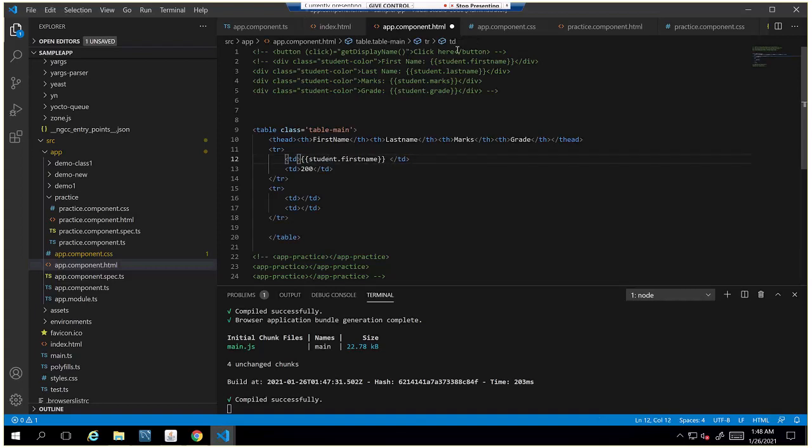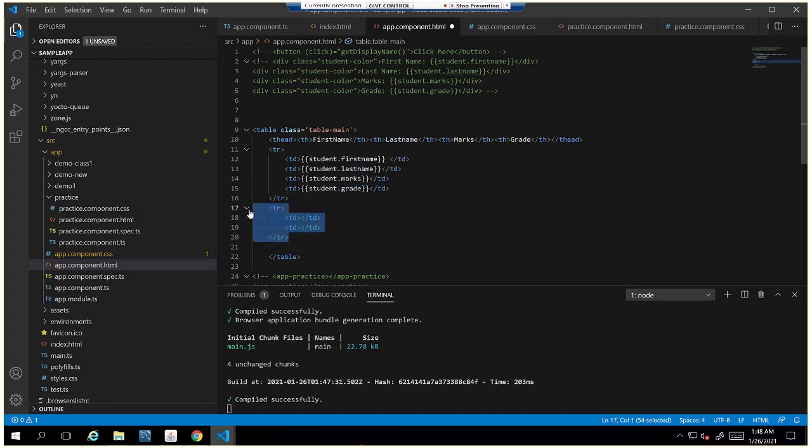Okay. And I'm printing from the object the values: marks, grade. Second row, we don't have multiple rows.